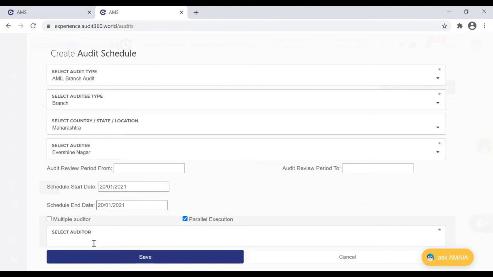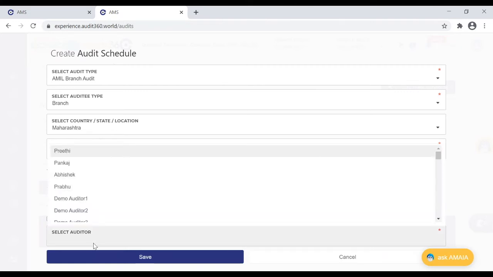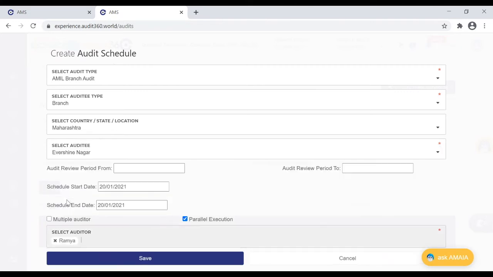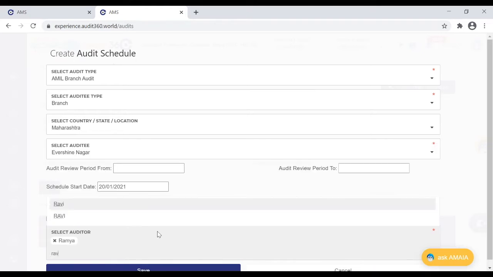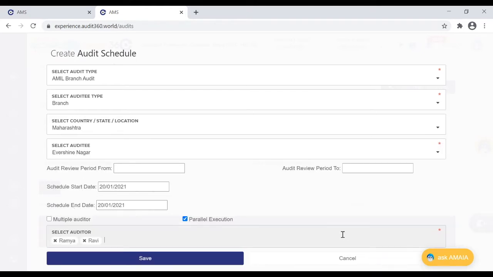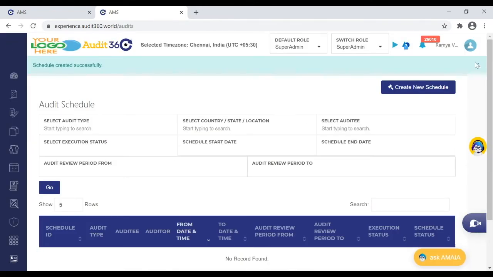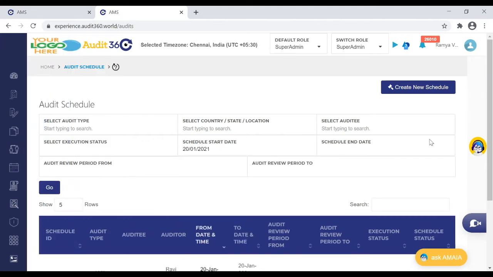In parallel execution, more than one auditor is allowed. Let me give my name as an auditor, and I'm choosing another name as an auditor here. So I have two auditors allocated. I'm not doing any allocation, I'm just clicking on parallel execution and scheduling this. When I schedule this, the audits get scheduled for both of the auditors we have chosen. Let me show you how the schedule would look.